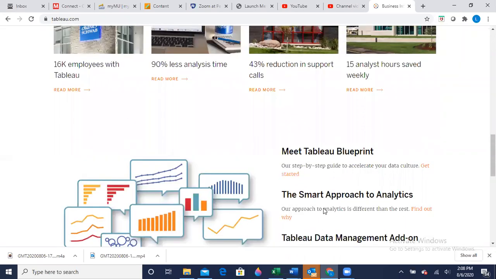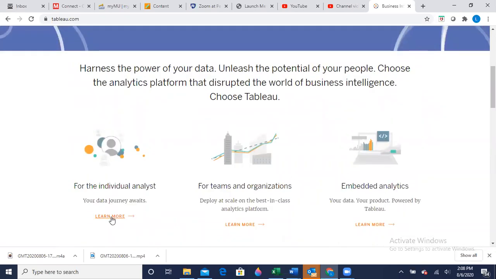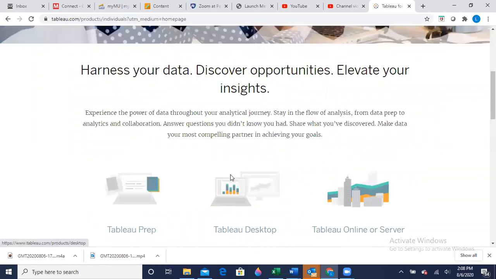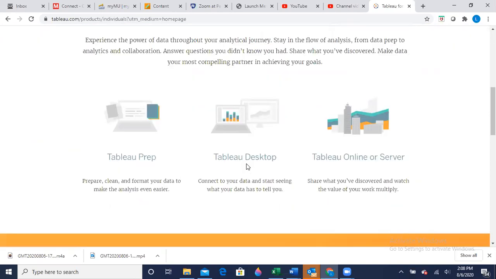So I'm just looking to see if they had a quick explanation. Well, for the individual analyst, experience the power of data through your analytical journey. Stay in the flow of analysis from data prep to analysis and collaboration. So it's collecting data and it's collecting it usually, as you can see, visually.